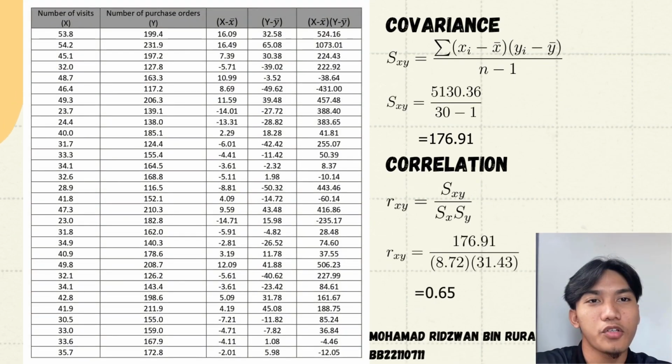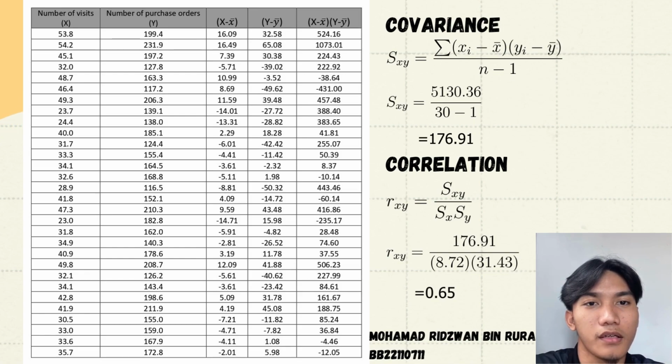This table shows the calculation for x minus x mean, y minus y mean, and x minus x mean multiplied by y minus y mean using Excel. From this table, we can calculate the covariance and correlation. For covariance, the sum of (x minus x mean) multiplied by (y minus y mean) is 5130.6, then divided by 30 minus 1, which is 29. The final answer for covariance is